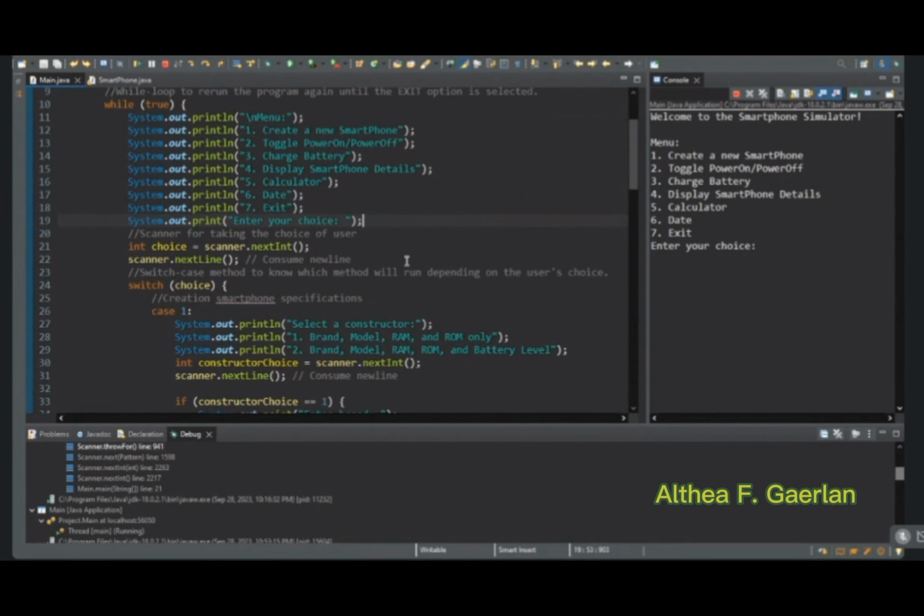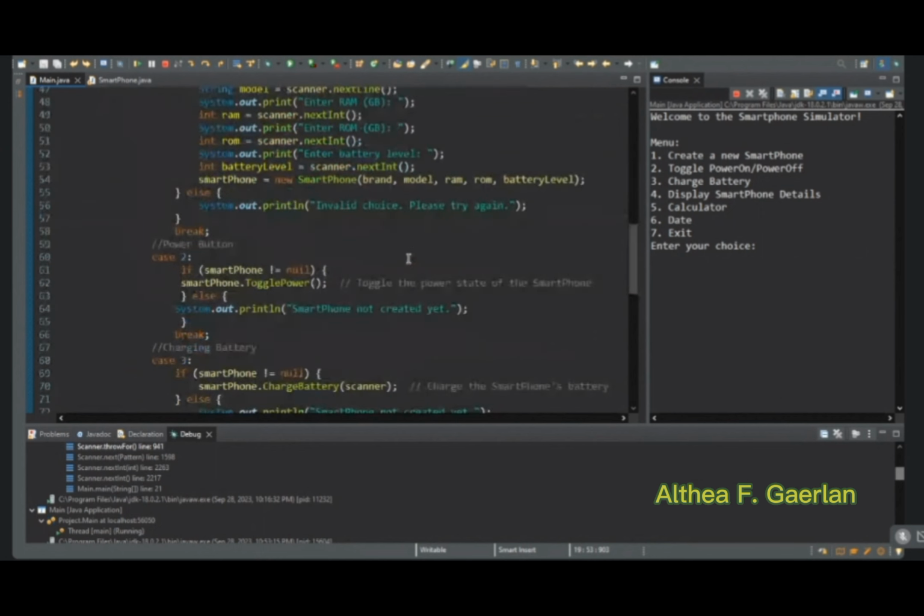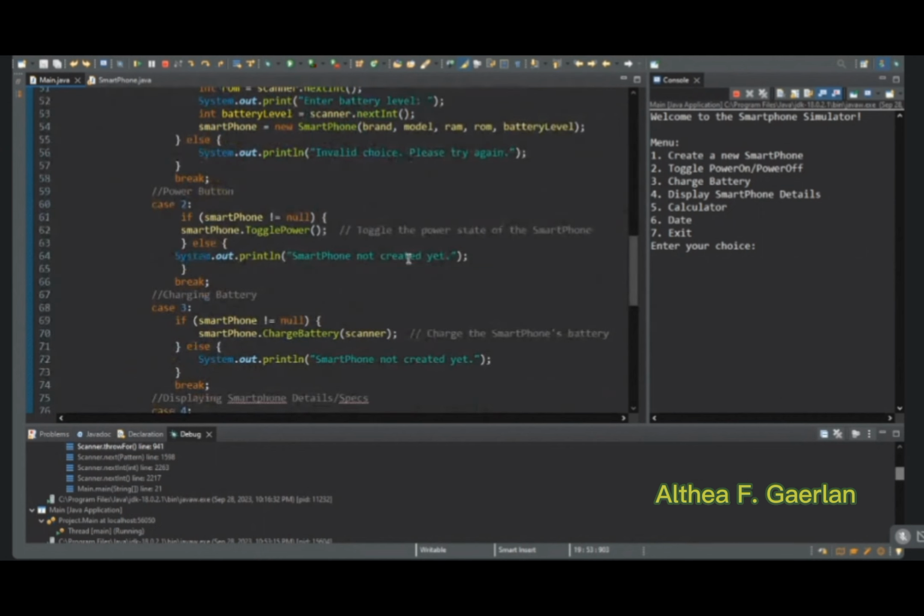Then, jump tayo sa case 2. This part of the code represents a case statement within a switch block. It is used to handle the user's choice when they select option 2 from the menu, which is yung toggle power on or power off. Then, bago gumana yung case 2,